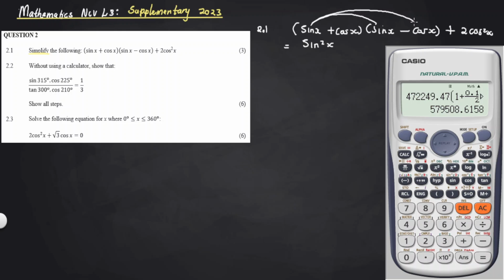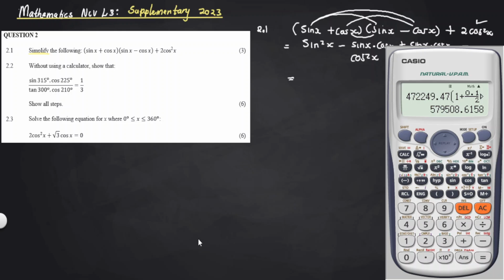The sine multiplies that cos, it gives us minus sine x multiplied by cos x. This cos times that sine gives us a plus sine x multiplied by cos x. This one multiplied by that one gives us minus cos squared x. Then I'm also going to write the last part of the expression, plus 2 cos squared x, equal to,